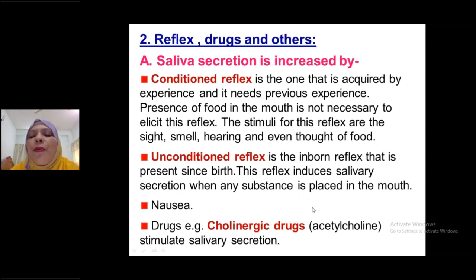That is, whenever food is in the mouth, যদি কোনো খাবার মুখে আমরা নেই, automatically salivation occurs. This is called unconditioned reflex. এটা হচ্ছে গড গিফটেড একটা রিফ্লেক্স, আনকন্ডিশন রিফ্লেক্স। নশিয়া, বমি বমি ভাব থাকলে কি হবে, বমি বমি ভাব থাকলেও দেখা যায় যে ইনক্রিজ সালাইভেশন। তাহলে নজিয়া থাকলেও আমাদের সালাইভেশন বেড়ে যাবে।